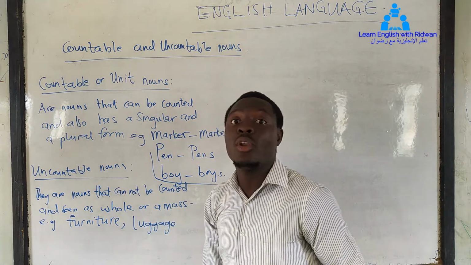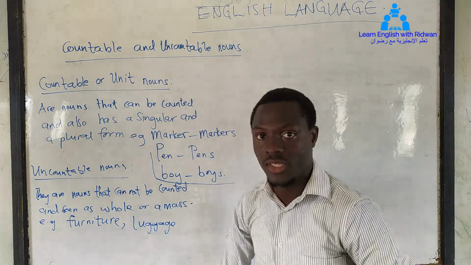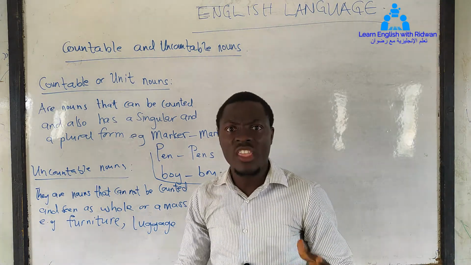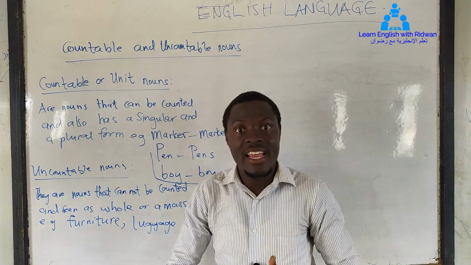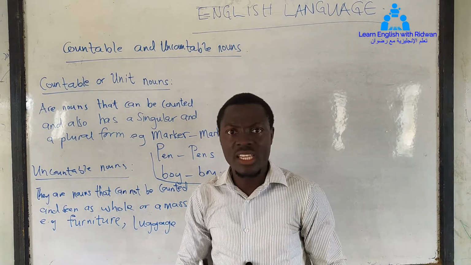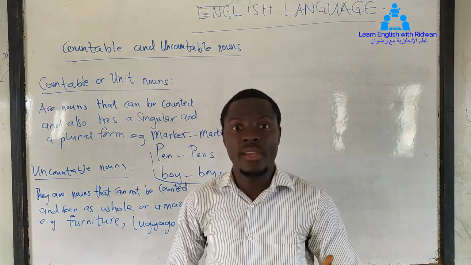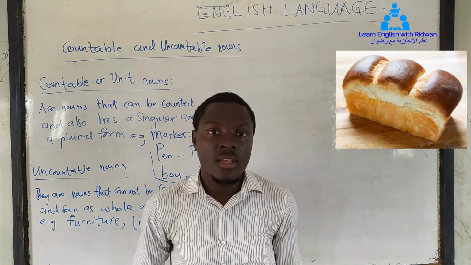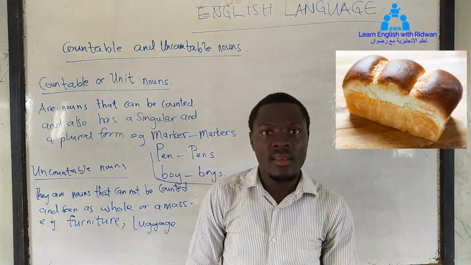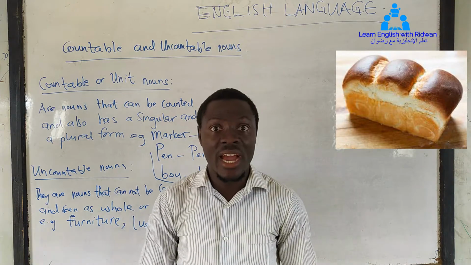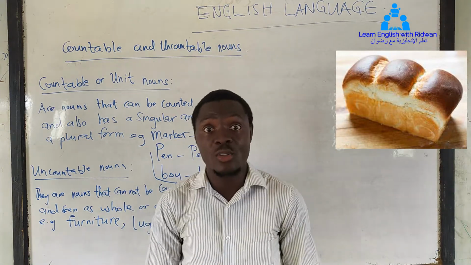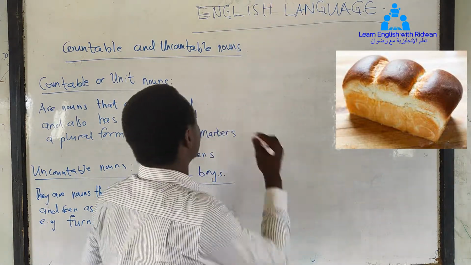That is, uncountable nouns fall under several categories, and if you are able to know all these categories, what I'm saying here wouldn't confuse you. Let's take an example. We have bread. Of course, somebody will say we can count bread, and I also agree that we can count bread, because if you have bread, let's say this is bread,